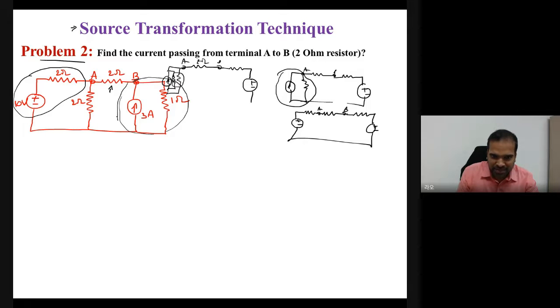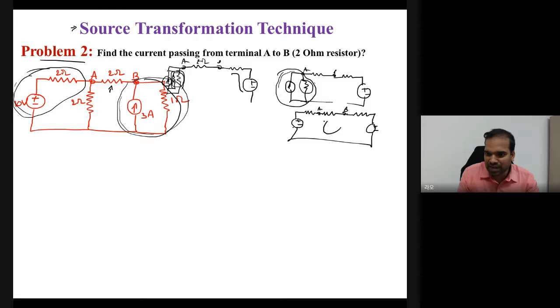In this particular branch I have converted current to voltage, therefore I get this one. In this particular branch I have converted from voltage to current, therefore I get one current source connected in parallel with a resistor. Then you have another resistor here. These two resistors are connected in parallel, therefore I can find R equivalent. Once again the current source is connected in parallel with the internal resistance, so apply source transformation. Therefore you have a voltage source, and all elements are connected in series with these two voltage sources.